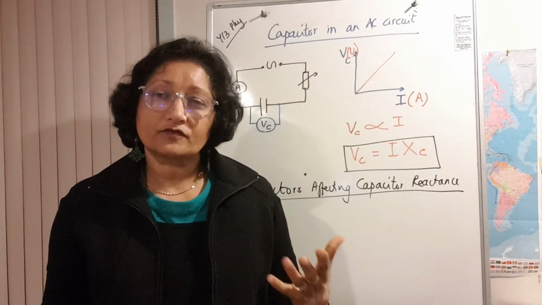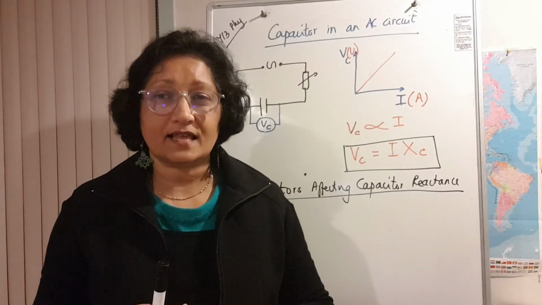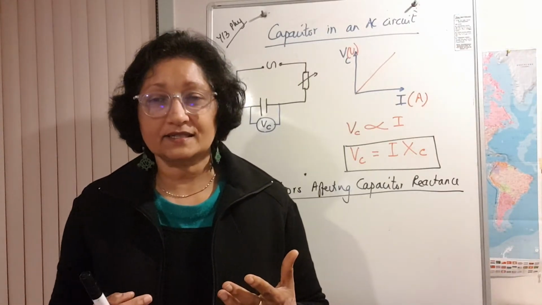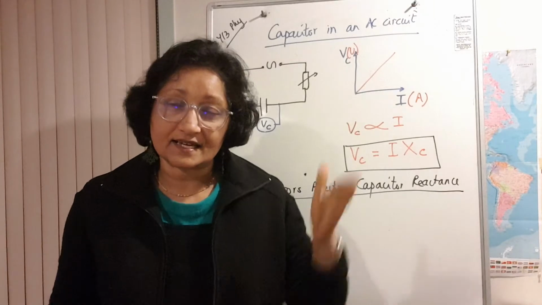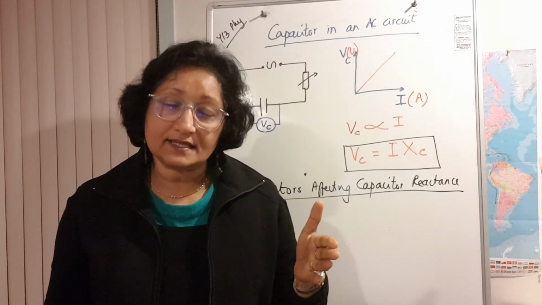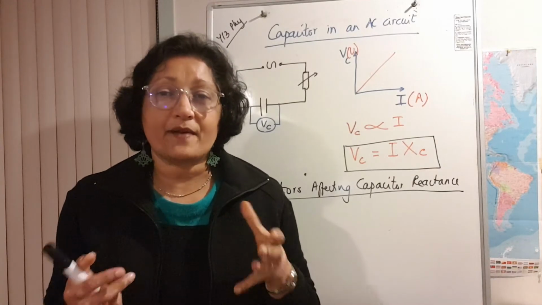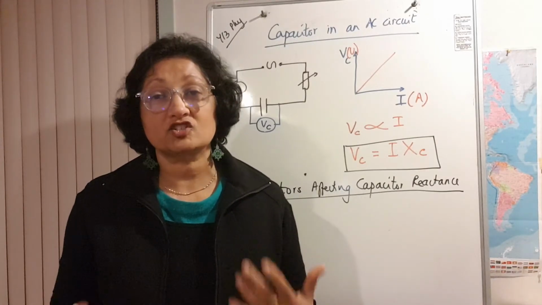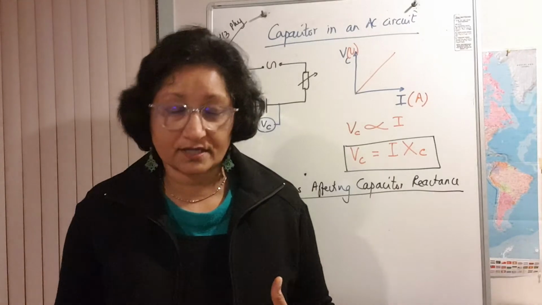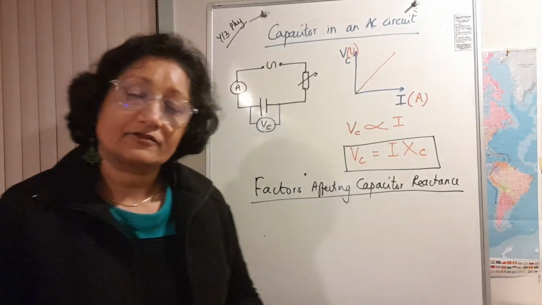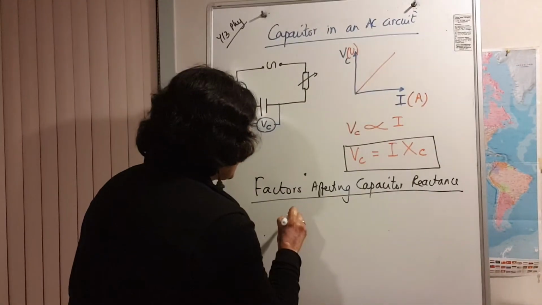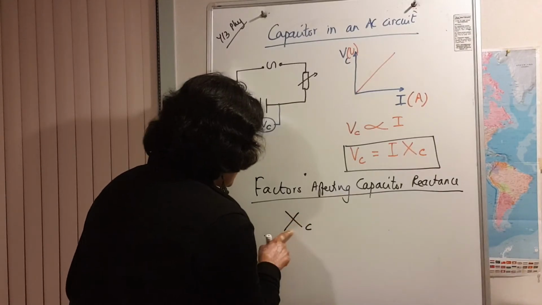So there are actually two things that affect the reactance of a capacitor. One of them, in an AC circuit, is the frequency of AC, and the other one that affects the reactance of the capacitor is the capacitance itself. How much charge can it hold per volt? Okay, now let's take the frequency into account. So you've got reactance. Now,